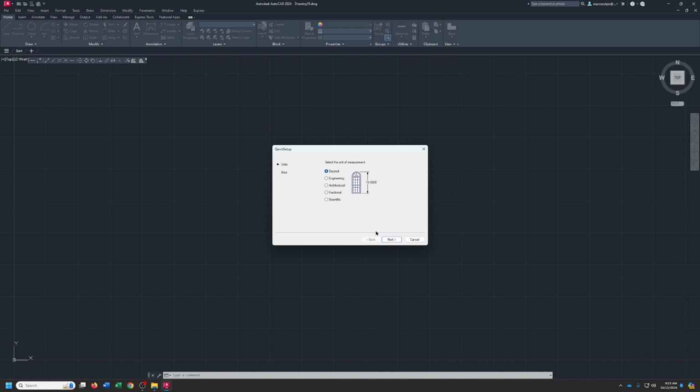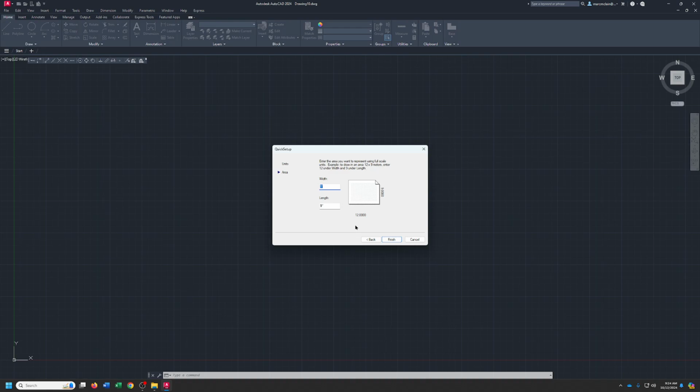All right, now, we're doing a floor plan of a house, so we want to do an architectural unit setup. Notice how it changes. Like I'll put it back to decimal, 15.5 inches, right? Architectural will be 1 foot 3.5 inches. And I'll show you how to enter that when we get into it. Once you finish that, you go ahead and hit next,